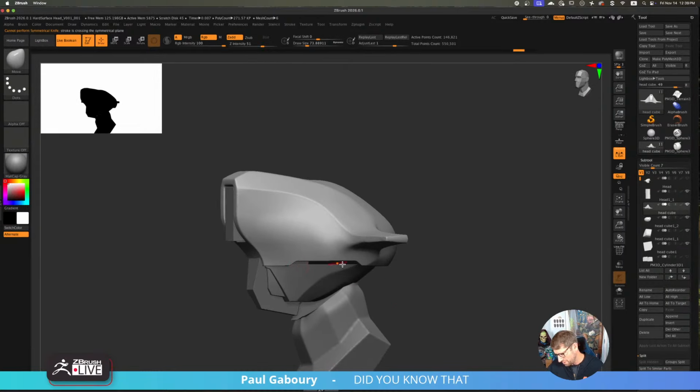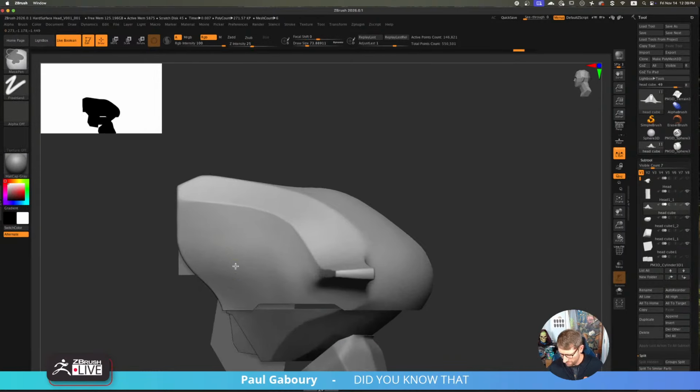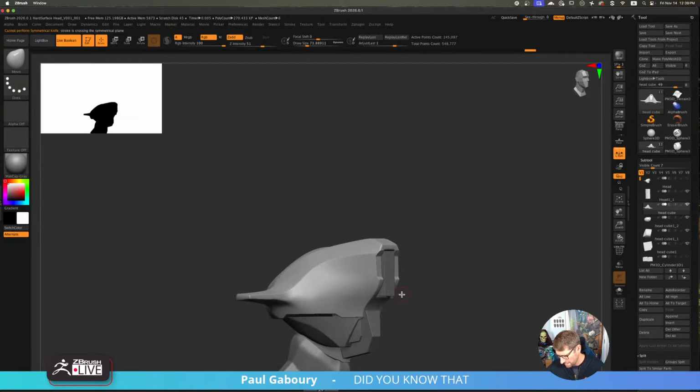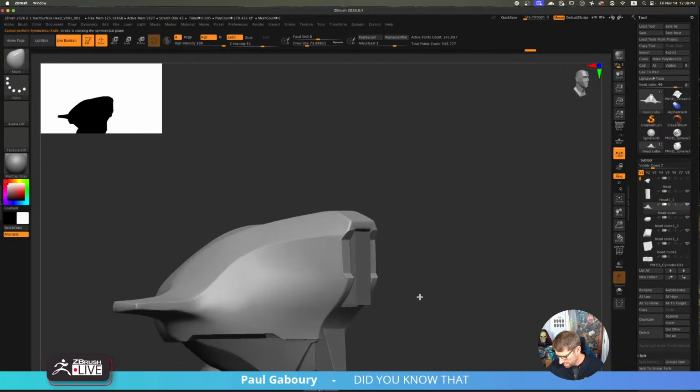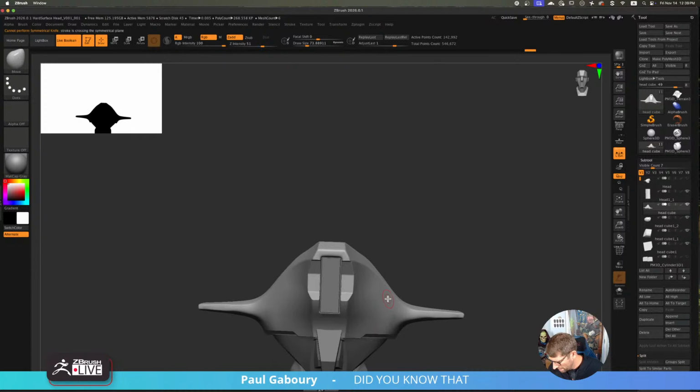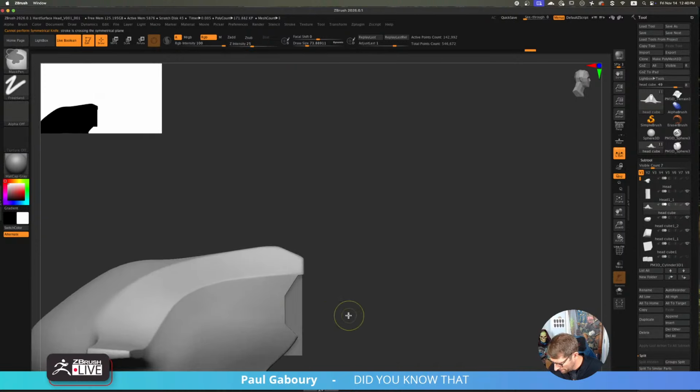I find myself doing this a lot now in some of my hard surface pieces. I kind of want to do it here too. But I think maybe I do more something like this. What does that look like? I create that little shelf maybe.